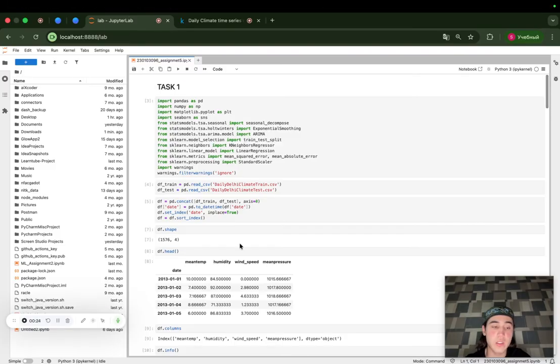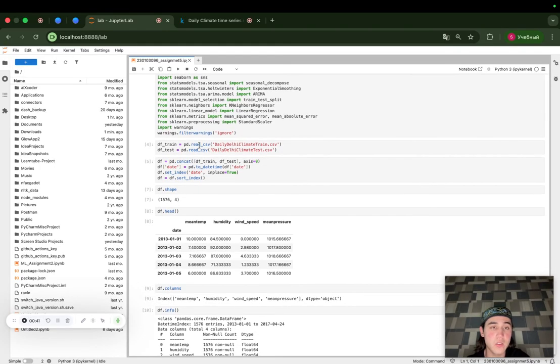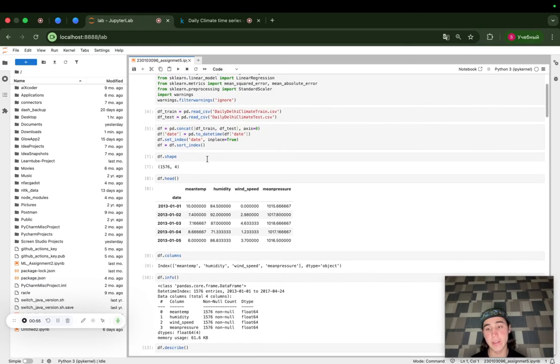Let's get started. Task number 1 was about importing libraries and also cleaning up the dataset. I imported all the libraries that I needed: Pandas, NumPy, Matplotlib, Seaborn, Scikit-learn, and also statsmodels. Initially I had the dataset already split into training data, but in order to see the big picture, I concatenated it into one big file, and also set the index to be a date. That helps the models actually predict and see much better than the classic 0, 1, 2